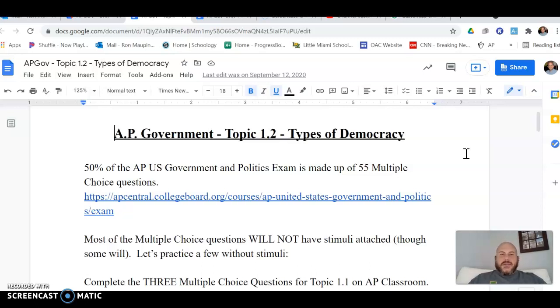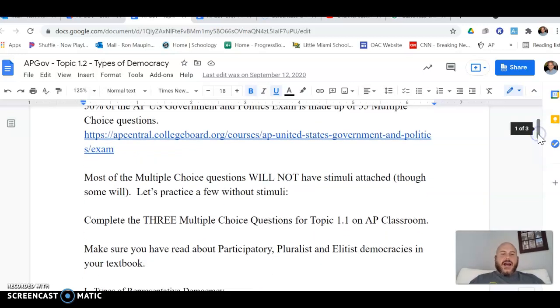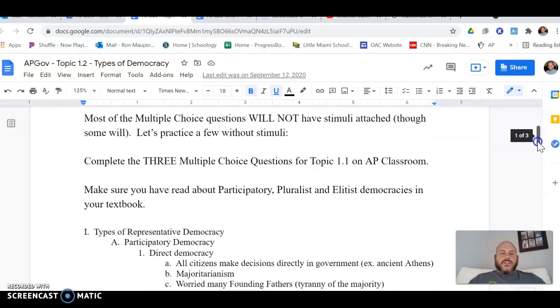Before we get into some content talking about different types of democracy, you'll notice here at the beginning of these notes that this goes into a little bit of an introduction regarding the multiple choice portion of the AP test that you're going to be taking in May. We'll be going over this section in class. We'll do some practice questions, etc. So keeping that in mind, what we're going to do now is scroll down and take a